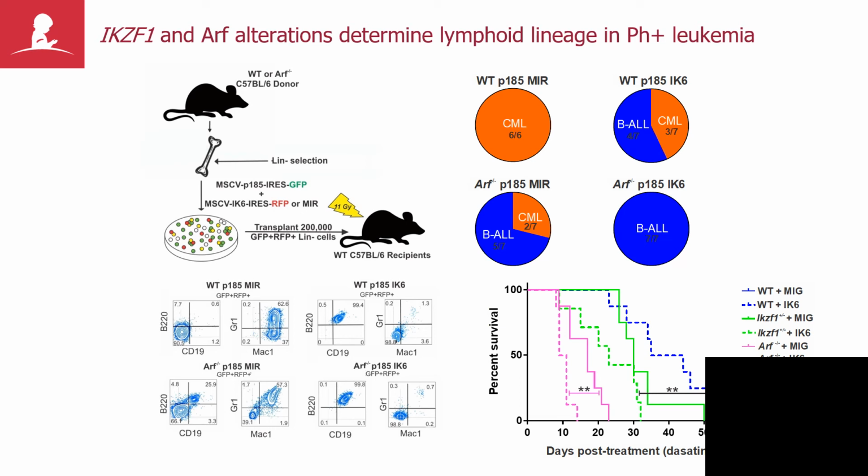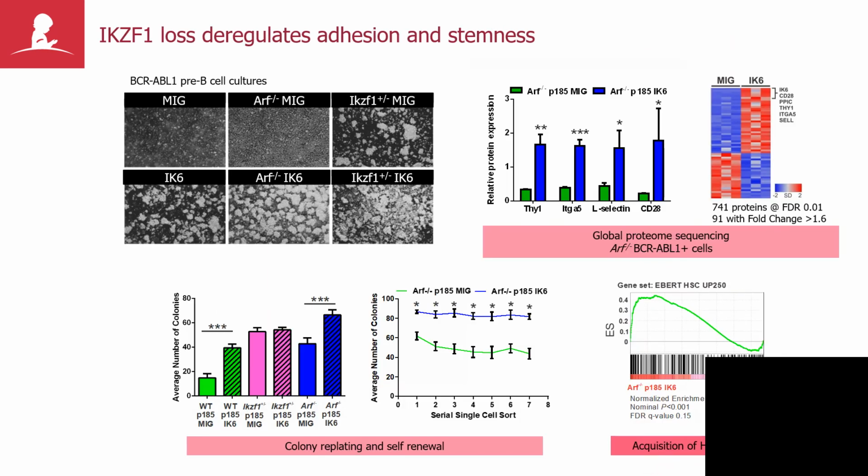In mouse models of leukemia, we've shown that Ikaros alterations synergize with BCR-ABL to turn a CML into a B-ALL, and also that these leukemias are quite resistant to chemotherapy, be it conventional chemotherapy or TKI therapy, here with DNIP. And much of this resistance is due to aberrant cell adhesion, where Ikaros mutant cells adhere to each other and to stroma and extravasate into the bone marrow niche.